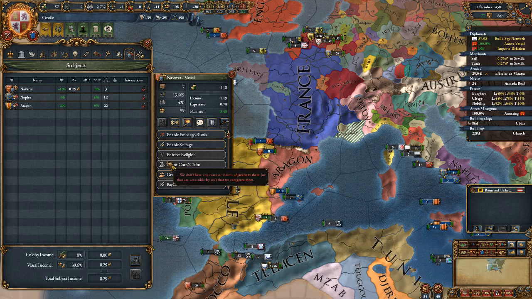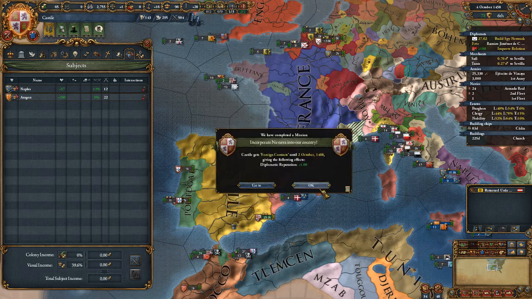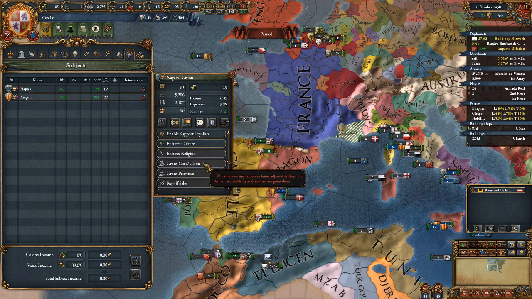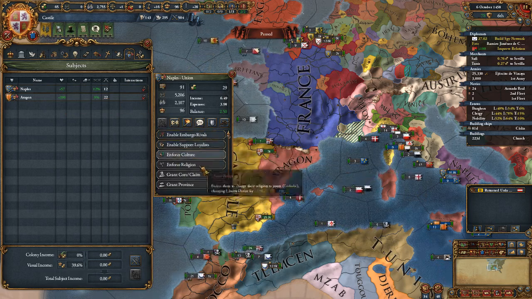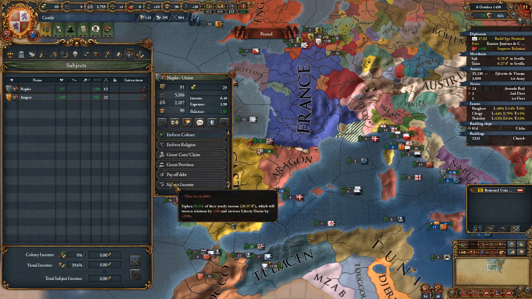This grants them cores, and as we just lose them. But mostly the same thing you can do over here with personal unions. Give them cores, give them provinces, you can pay off their debt, and you can siphon their income,